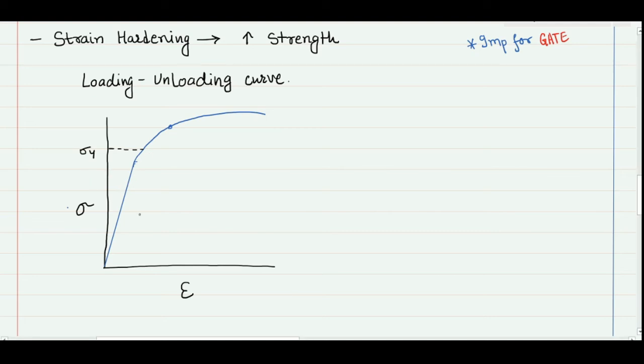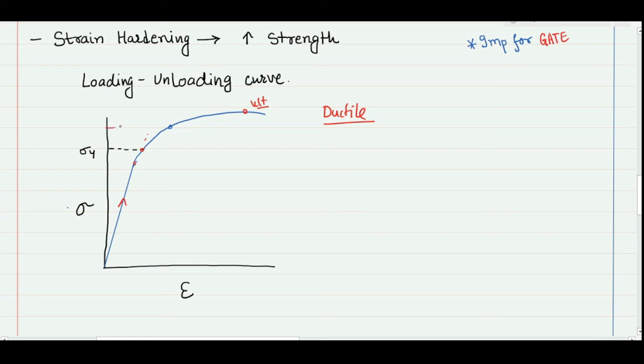Here I am showing a stress strain diagram of a general ductile material. Please remember, I am not showing the stress strain diagram as we have observed in the mild steel. This is the general stress strain diagram for a ductile material. When I increase the loading, the material initially follows a linear path, and this region is the elastic region. If you remove the loading, the material will go back to its original position. This point shows your yield strength, which we have calculated by considering the proof stress. Between the yield and ultimate condition, there is a strain hardening zone and there is a permanent deformation.